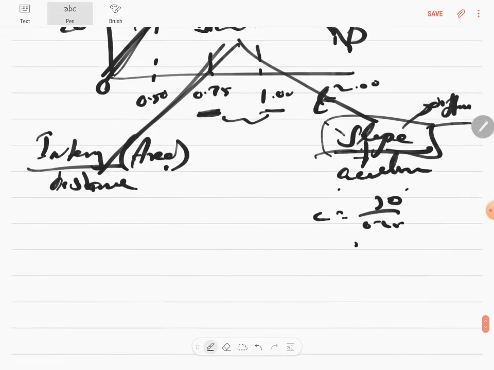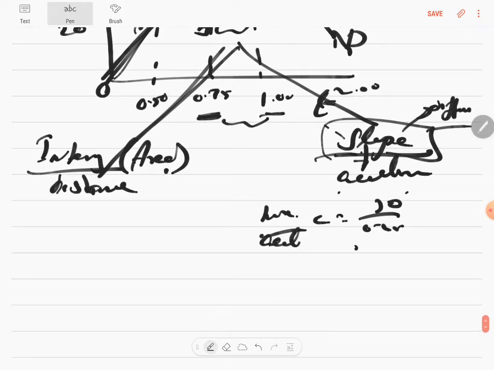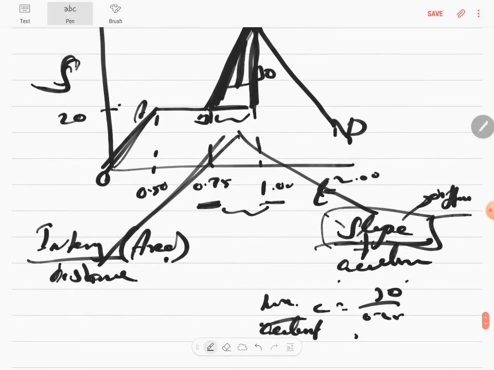Which is the maximum acceleration? Because this is where the maximum velocity is. Wherever there is maximum velocity, you will have maximum acceleration. The slope here will be steep, no? So that's why this is the maximum acceleration. Are you guys clear? Next,